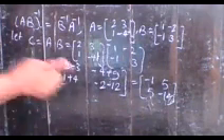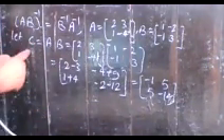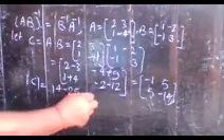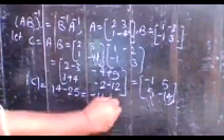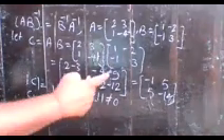Now you find the value of C inverse. How do you find it? First of all, you find the determinant of C, and the determinant of C is 14 minus 25, which is equal to minus 11, and that is not equal to 0. So you can say that yes, C inverse exists. Now you find the value of its cofactors. So C11. What is C11? It is minus 14.